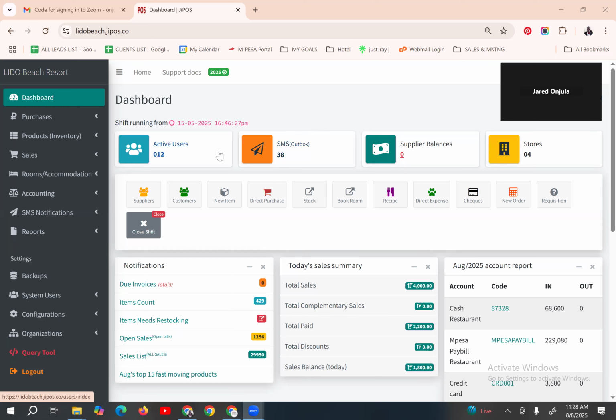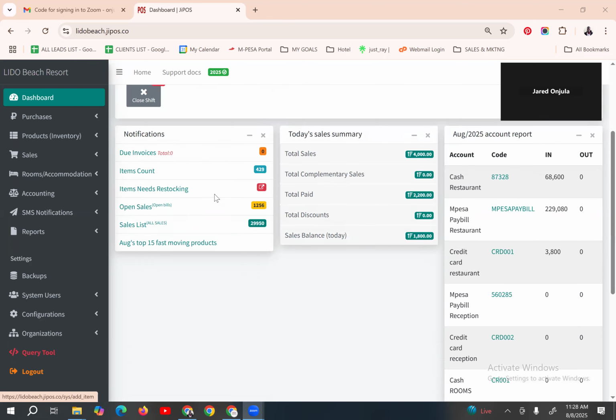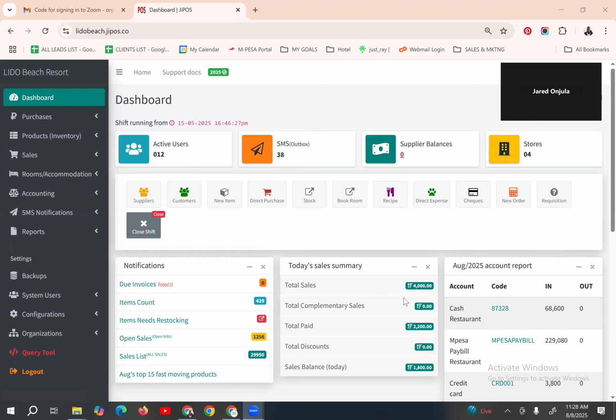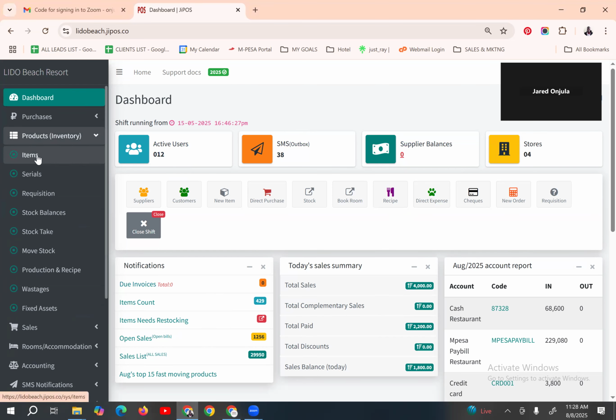I'm going to show you how you can change your menu in your system. That is JiPOS. Once you log in, of course, this is your dashboard. Then you will come to products here and items. If you have the rights, you will see this. If you don't have the rights, you will not see all these, but then you can contact your administrator or your supervisor to give you the rights to see